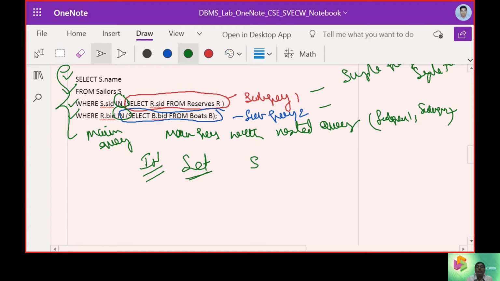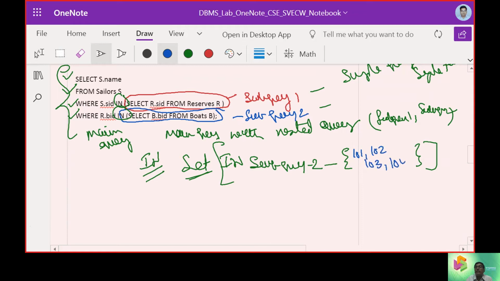So when we take up subquery 2, I get IN here. There we can build up boat IDs. So what are the boat IDs? 101, 102, 103, 104. These are the 4 IDs.